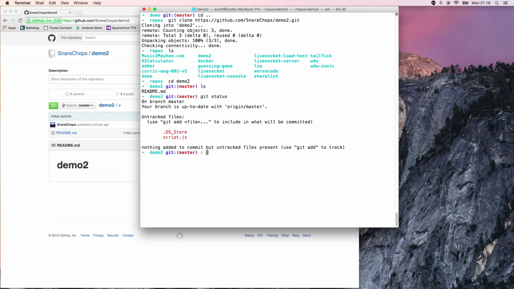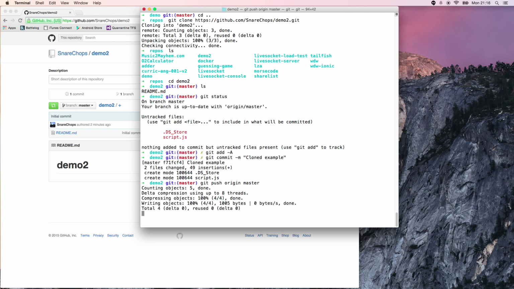Alright, so this time we're going to do the whole thing together. Git add -A, which adds the files. Now git commit -m "cloned example". Alright, it tells you that those files were created,